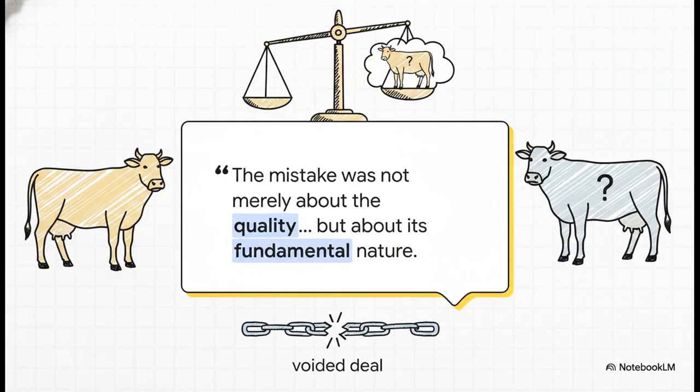The Michigan Supreme Court had to step in, and the crucial point they made is that this contract was voidable. And the reason is fascinating. A barren cow is fundamentally a completely different creature than a breeding cow. It's like selling a rock that turns out to be a diamond. This wasn't just a minor goof about how much she weighed, it was a fundamental mistake about her very essence. Because both parties shared this massive mistaken assumption, the seller was allowed to cancel the entire deal.